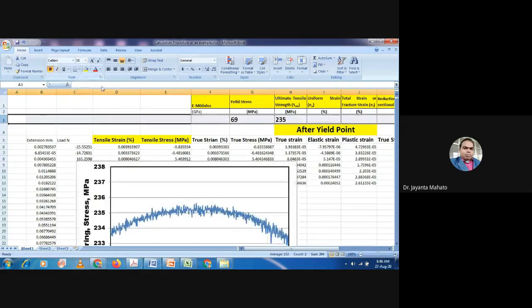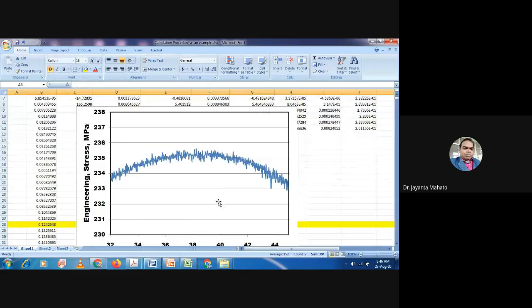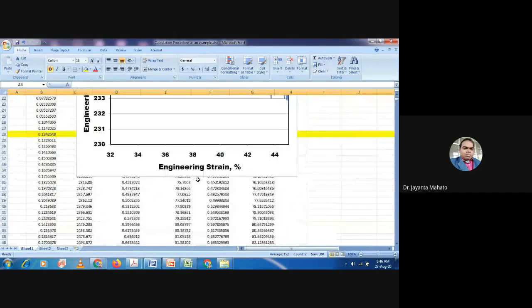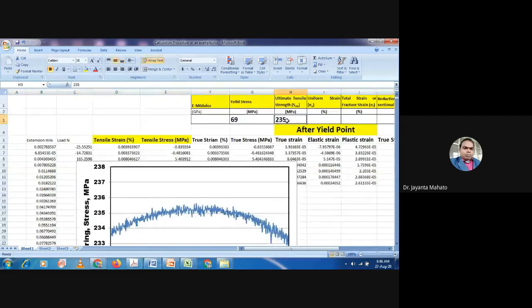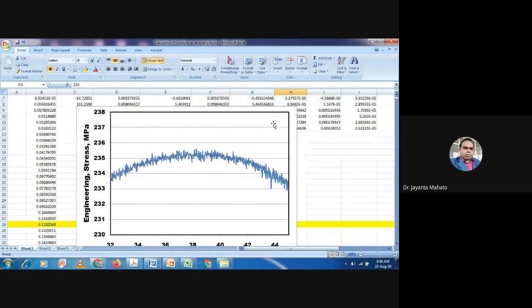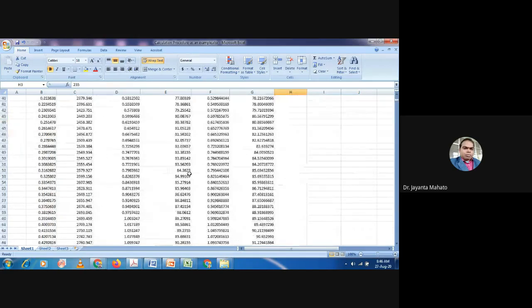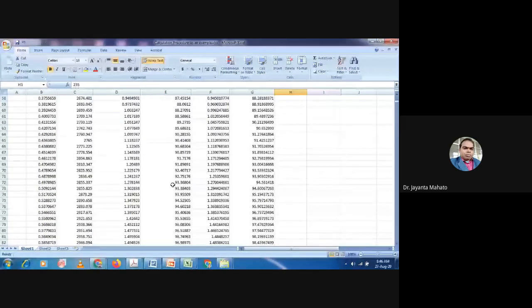Now I think it is visible. The 235 stress is your ultimate tensile stress, and the strain value corresponding to this UTS value will be the uniform strain. So just mark it here. 235 means here.